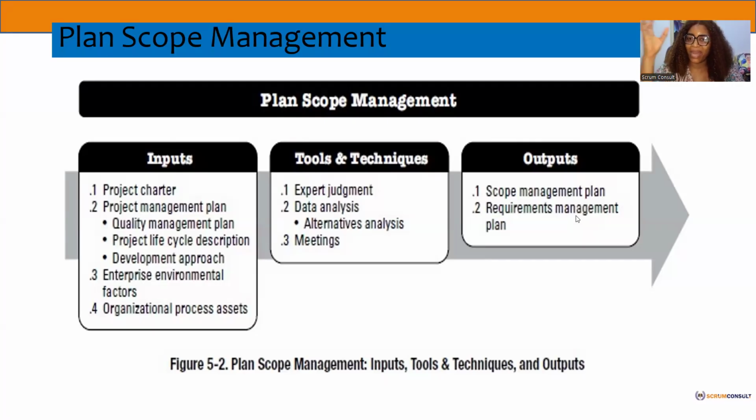So it means that when we are managing this scope and we run into issues, we as a team can come up and say, when it comes to elicitation, we agreed in the plan that we're going to do interviews. We agreed in the plan that for us to collect requirements, we're going to do both surveys and questionnaires. We agreed we are going to do mere observation. We're going to go into the field and ask questions. We agreed, let's use AI. So you must have a plan on how you intend to create the project scope or manage the project scope. And that's what the scope management plan is.